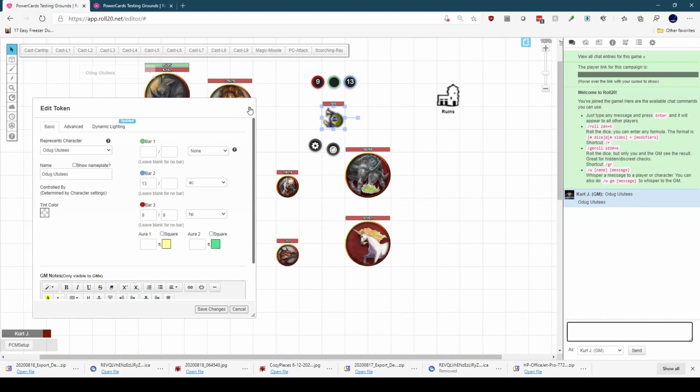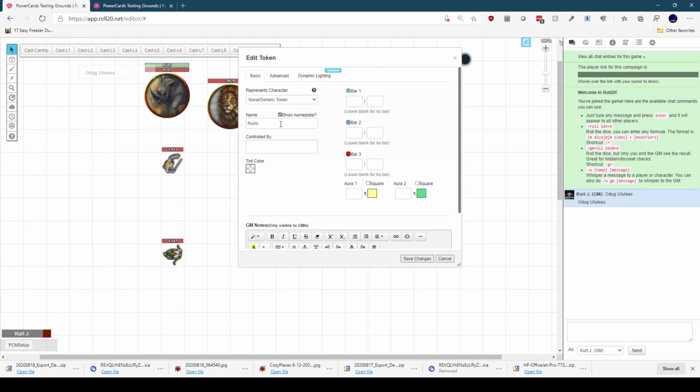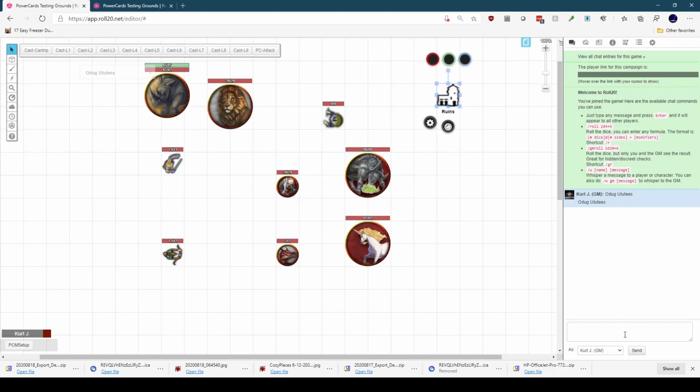Where that becomes important, though, is if we have a token like this Ruins token that doesn't represent a character, so it's a generic token, and I try to retrieve its token name, I'll be just fine: selected token name, Ruins. However, if I try to retrieve its character name, I'm going to get an error from Roll20 telling me that it couldn't find a character for what I have selected. And